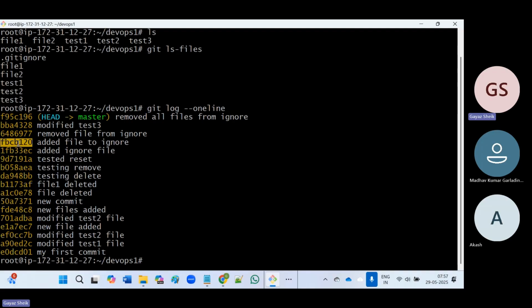So let us consider I upgraded my MongoDB at a particular commit ID. Then what I can do is add a MongoDB related tag at that particular commit ID. Just by seeing the tags, we can easily identify that in that particular commit ID, we upgraded the MongoDB database. Similarly, for whatever operation we have performed, if you want to easily identify it, we can add tags, because it is difficult to remember commit IDs. So for this purpose, what we can do is we can